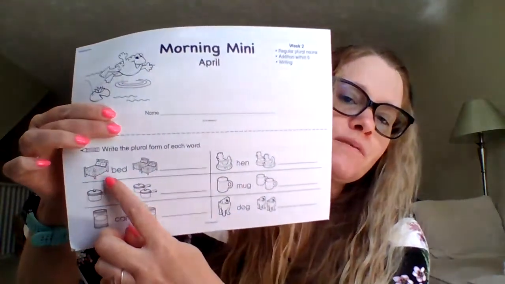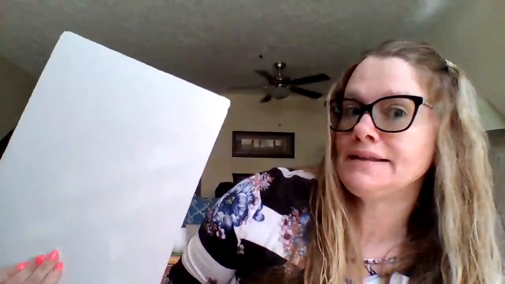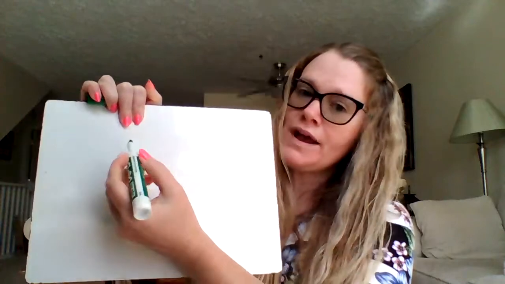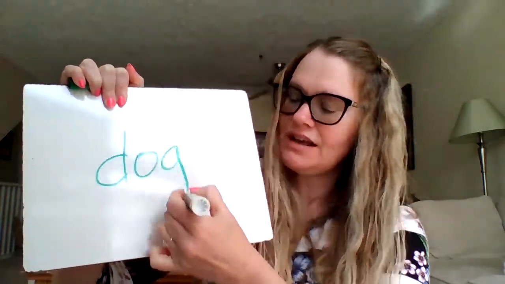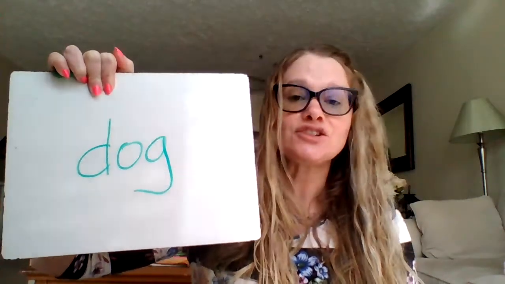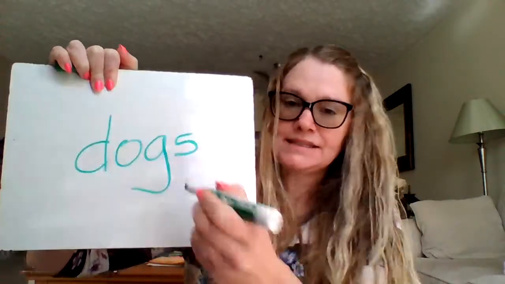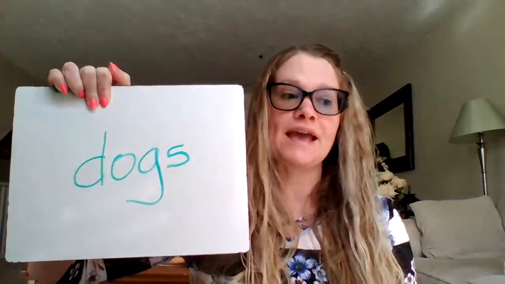So what your job is, you're going from bed to beds. So all you're doing is adding an S. So let me grab my whiteboard here and a marker. All right, so if you have one dog, D-O-G. I have one dog. He has 2 dogs. So you add an S at the end to show that there is more than one,